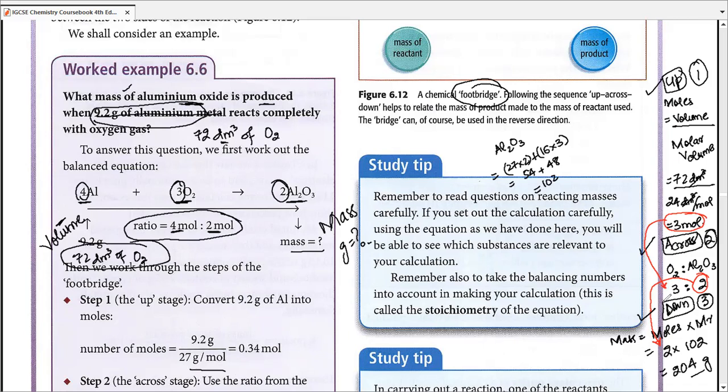Then we actually come to the third step, the down step, in which we need to find out the mass in grams of aluminum oxide. Now we already know we have produced 2 moles of aluminum oxide. So if we have the moles, we multiply them by MR and we get the mass as per the formula. So let's apply that formula. So there are 2 moles and we need to calculate the MR of aluminum oxide, which I did right over here, and which tells you that aluminum oxide MR is 102. So I multiply that 2 by 102 and I understand that I would be able to produce 204 grams of aluminum oxide,